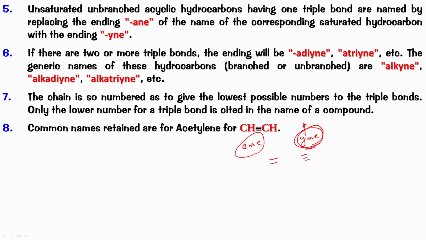But since yne is beginning to sound as if it is starting with a vowel, we will remove this e here. So it becomes en, yne. So it is alken, yne. And since we also have to specify the numbers, it will be alk,